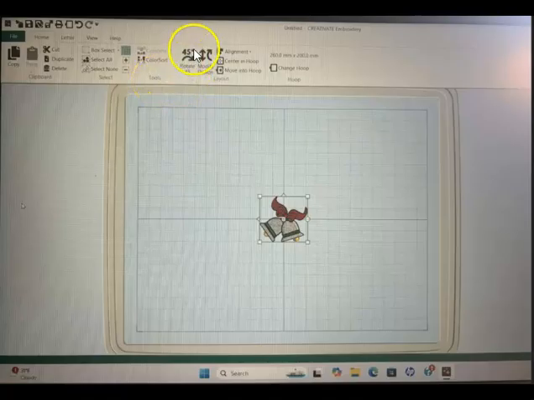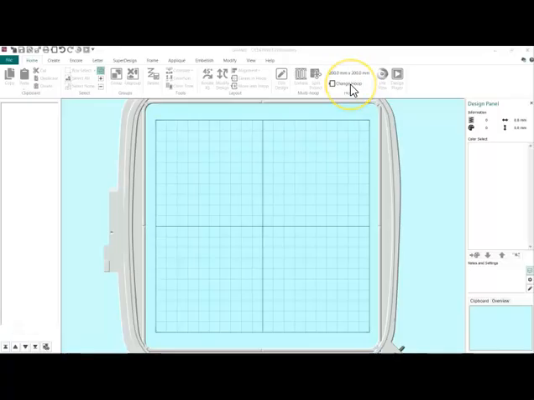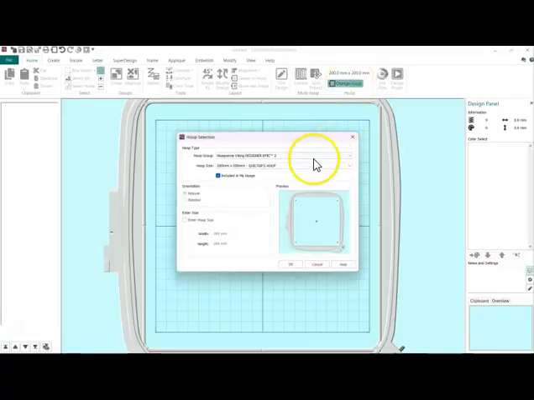And you can rotate, or you could use this little circle right here to rotate. You can align different things on your screen. If you have something that is a little bit outside of your screen line, that's the screen line right here, you can do center in hoop or move into hoop, and it allows you to do the change hoop. So if you went into the change hoop,